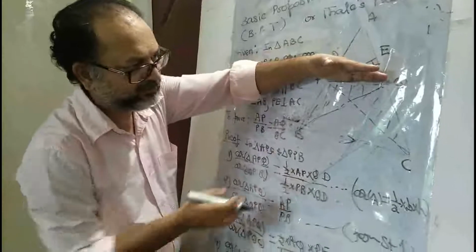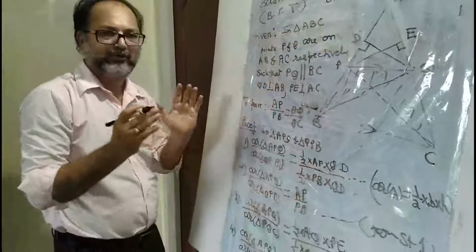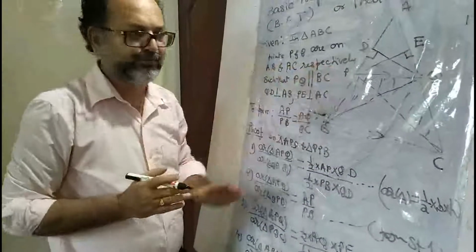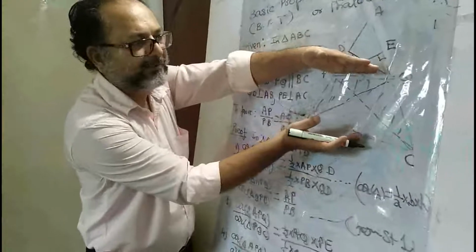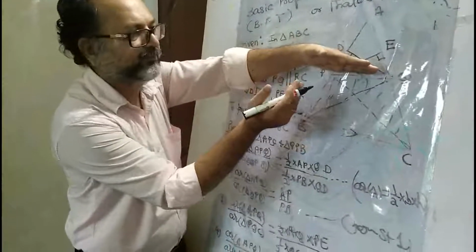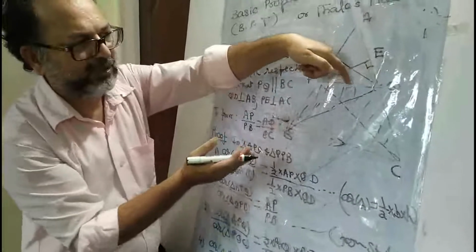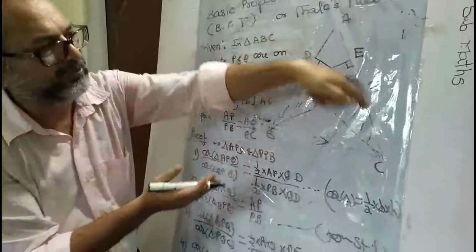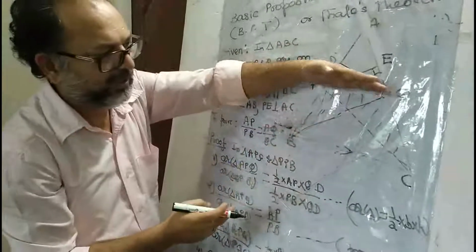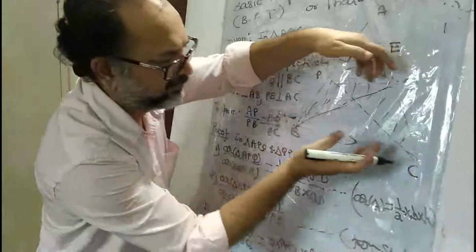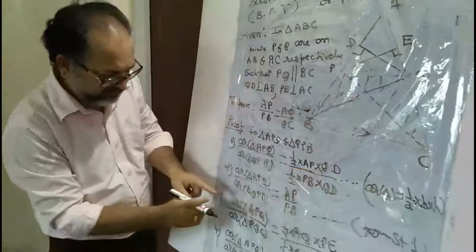Same base PQ and between the same two parallel lines. So what do you know about this? Such triangles which are on the same base and between the same parallels. I just did not explain before I started this proof that in 9th standard we had learned that if two triangles have the same base and are between the same parallels, then the areas are equal. That means these areas